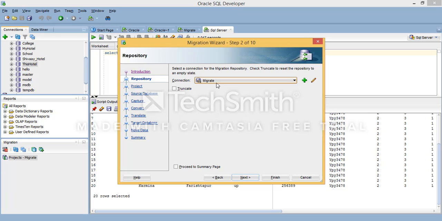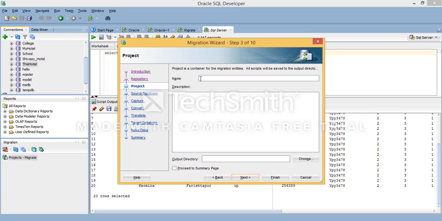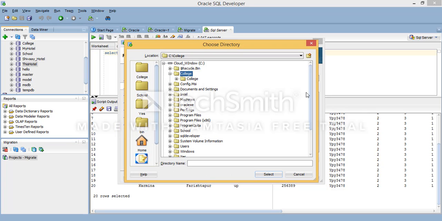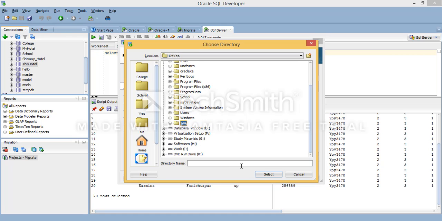I'm going to use this migrate. This hotel migration. Okay, you can give any name here. I'm going to specify a directory where every piece of information will be saved.